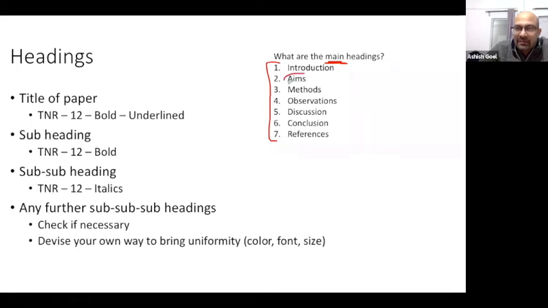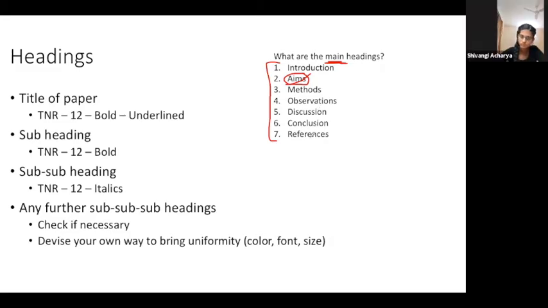Generally, the aims will come as the last paragraph of the introduction and are not labeled separately as the heading. So this heading does not usually come, but the aims are included as the last paragraph of the introduction. Then you have the methods, observations, discussion, conclusion, and references.